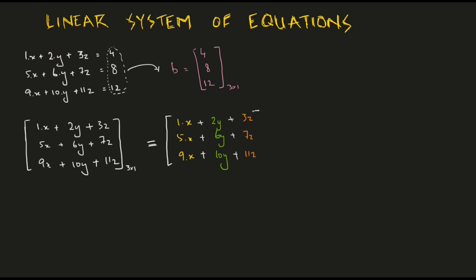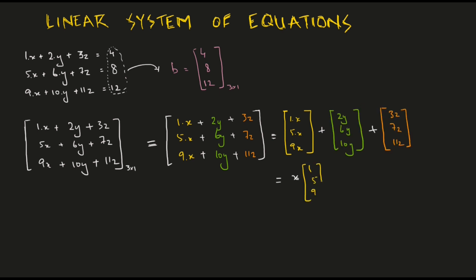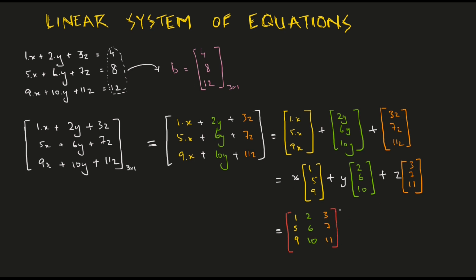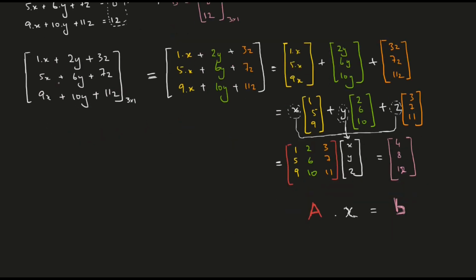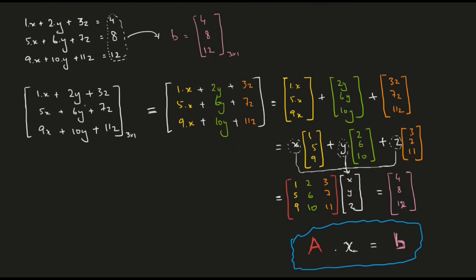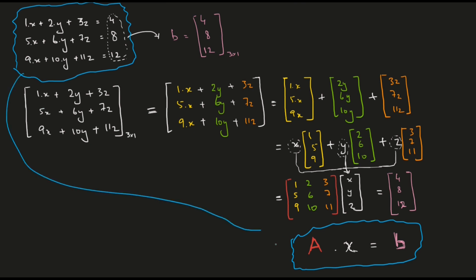Somehow I want to convert this 3 by 1 vector into a product of a matrix and a vector. I can split this one vector as the sum of 3 vectors, and then I can pull out the variables from each vector. Now this looks like taking the linear combination of 3 vectors, and because of the way we have already defined matrix vector multiplication, this can be represented as the product of a matrix and a vector. The neat thing is that the variables are separated out in the column vector. We can write this equation as Ax equal to b, and we have successfully converted the initial three equations into a single equation using matrix vector notation.